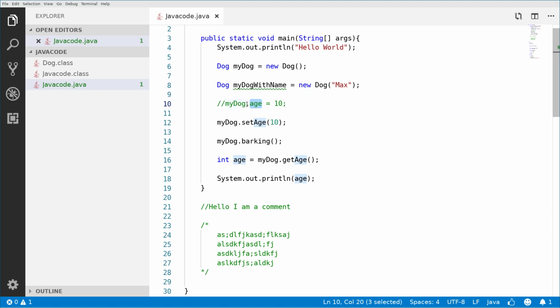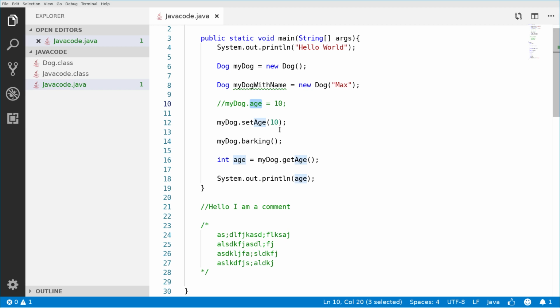We can either say myDog.age is equal to 10, or myDog.setAge and pass the 10 value. This is how we can do the same thing in two different ways.